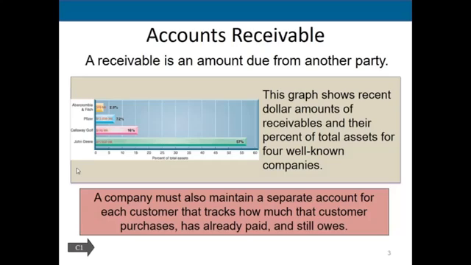Anytime that a customer called and said, hey, how much do I owe you? You don't want to go back to this long, lengthy ledger and try to find every entry that you had for that particular customer to try to add it up. So certainly we're going to keep a subsidiary ledger, and that's what we're talking about here, a subsidiary ledger